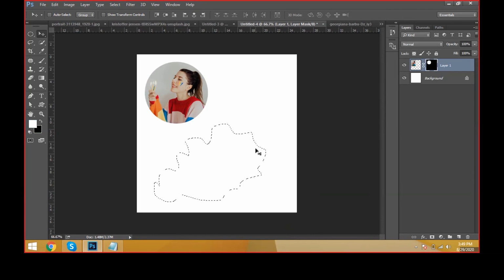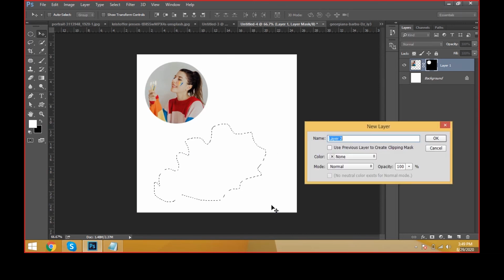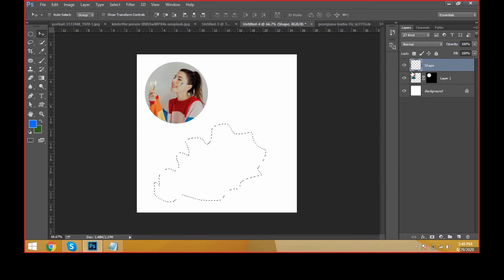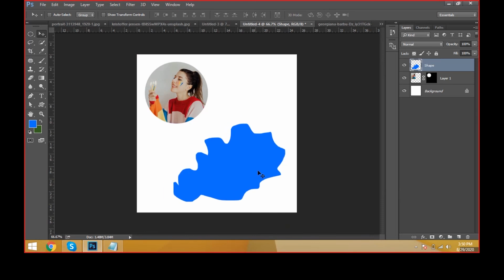Now I would like to use one more option that is called clipping mask. In the previous time we took only the selection. I didn't take any layer, but in this clipping mask we have to take a source object, which means I have to take a new layer. It is a shape. I've just taken a shape layer. Now I can fill some color, whatever it may be, and this is the source layer. I'm giving the source of the object to the clipping mask.